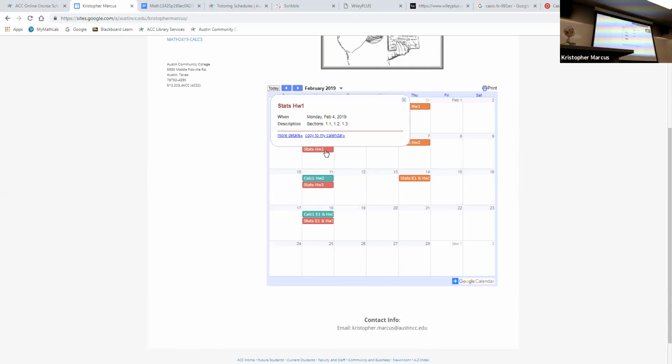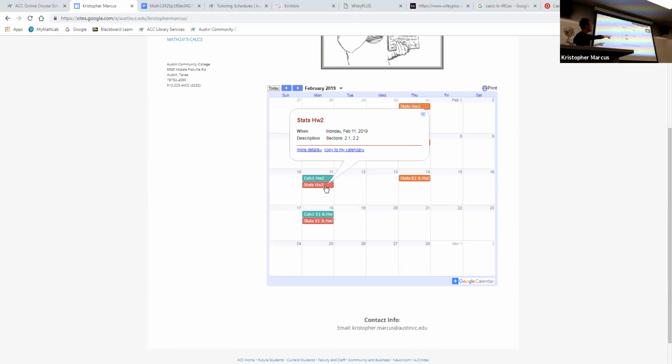And what I'll try to do, this is as far as the calendar goes, I'll try to update it between every exam. So you'll know when the homework and the next exam will come. So right now, the first homework is this one, February 4th. We said for the first 3 sections, 1.1, 1.2, and 1.3. The next one is on the 11th for sections 2.1 and 2.2. And then the next one after that, a week later, occurs on a Monday. This is tentative. It could change, but we're planning on this.